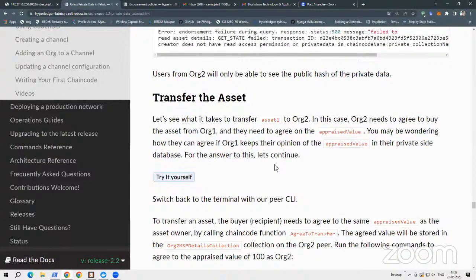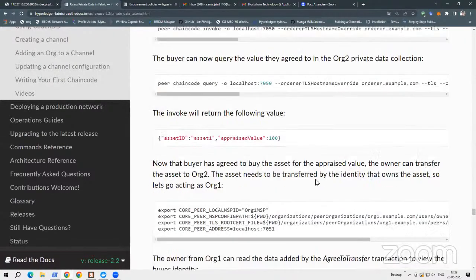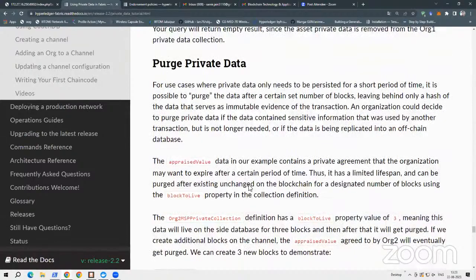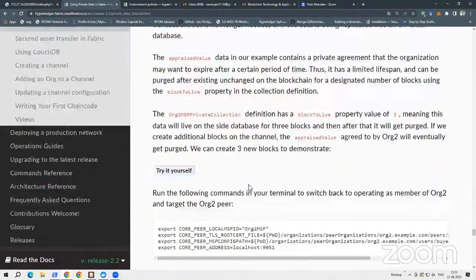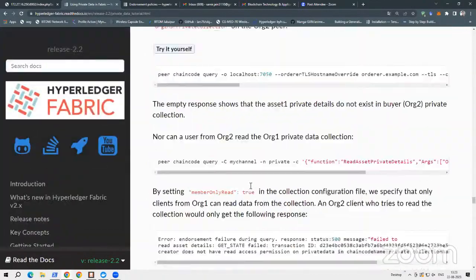Suppose organization one and two agree on the transfer of a certain asset, like organization two buys something from organization one, so we will be transferring the asset. Okay, and then we'll purge the private data, like we need not have that data anymore, so that is sensitive data. So that's all for today's